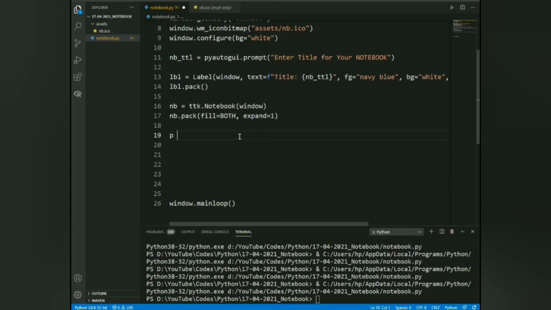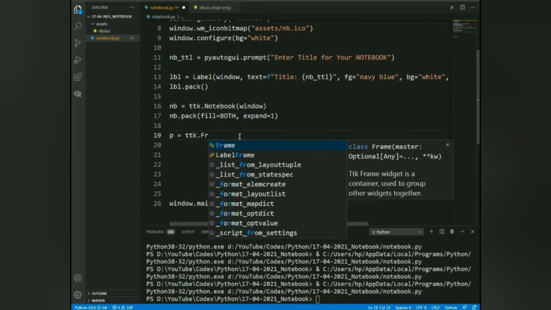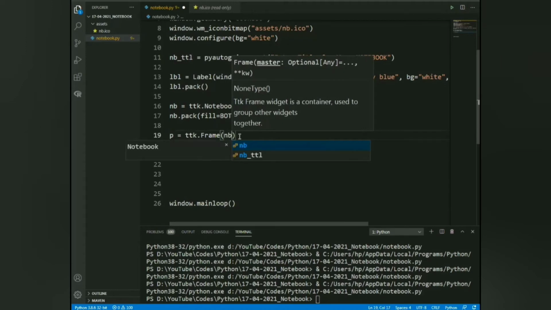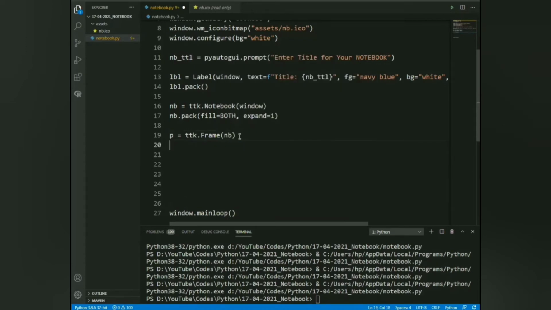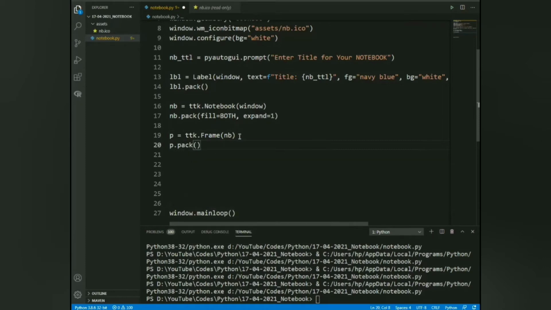Now let's add pages to our notebook. So we will use the ttk.Frame function for the same. We will put it inside our notebook, that is nb. Now let's pack it, and the same, we will fill equal to both and expand equal to 1.